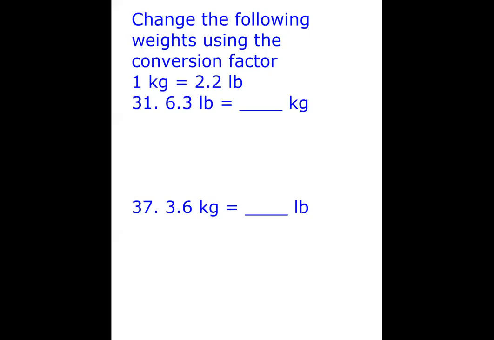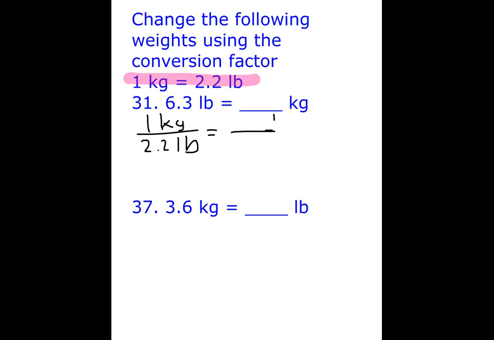So change the following weights using the conversion factor. 1 kilogram is equal to 2.2 pounds. So 1 kg is equal to 2.2 pounds. So again, we're going to set up the ratios and proportions. So we're going to go ahead and use our fractions. So then we're going to set up 1 kg over 2.2 pounds is equal to